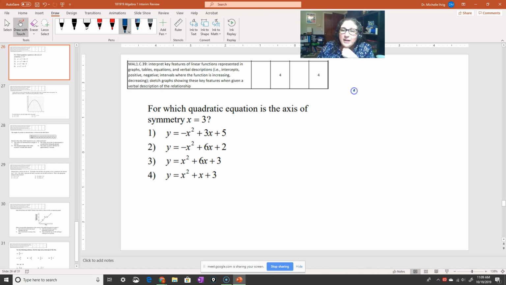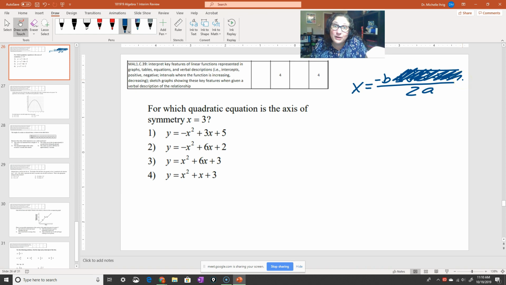Remember, we don't need everything. All we do is look at the formula sheet for the quadratic formula: opposite of b plus or minus the square root of b squared minus 4ac, all over 2a. Again, we cross out the extra parts. You need it later when you learn the discriminant, but for right now it's not important. So now we know the axis of symmetry is negative b over 2a.